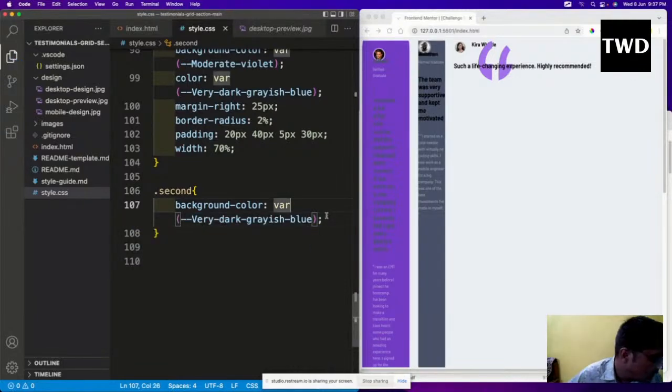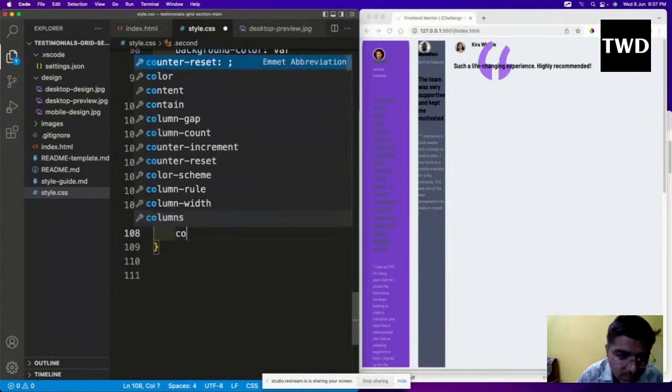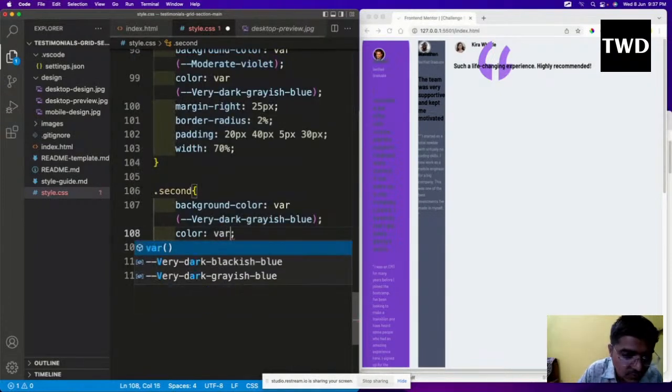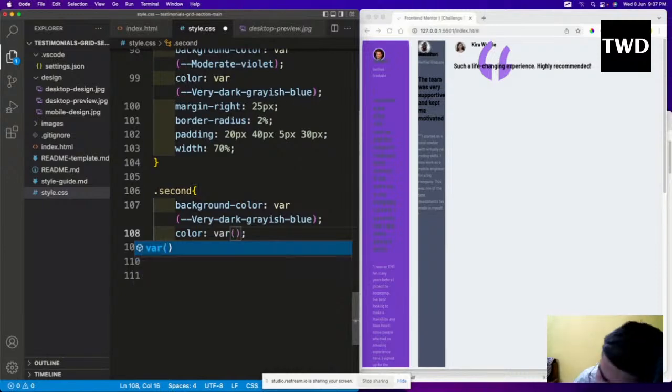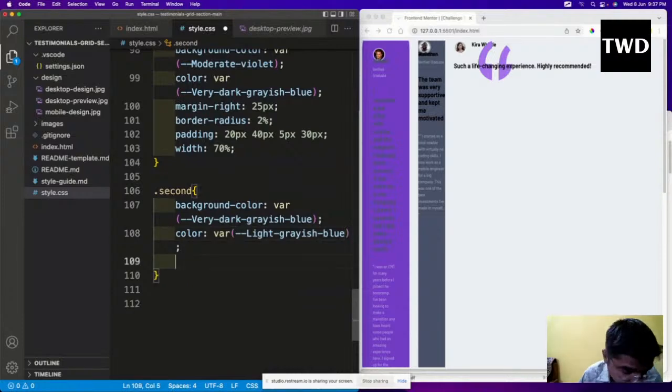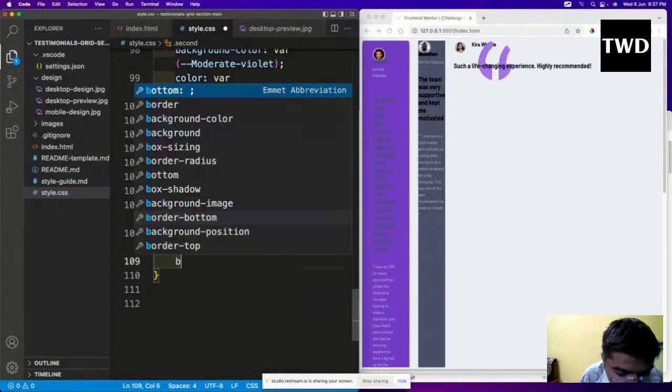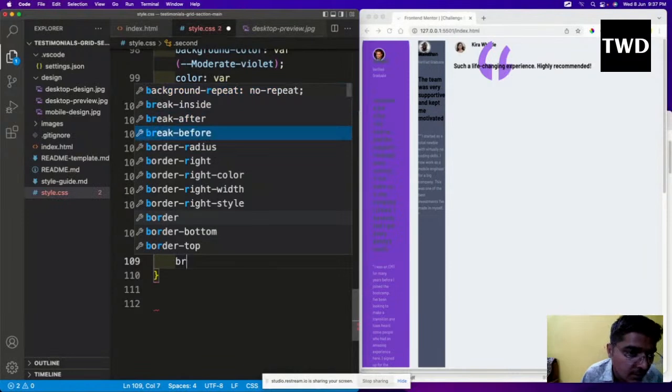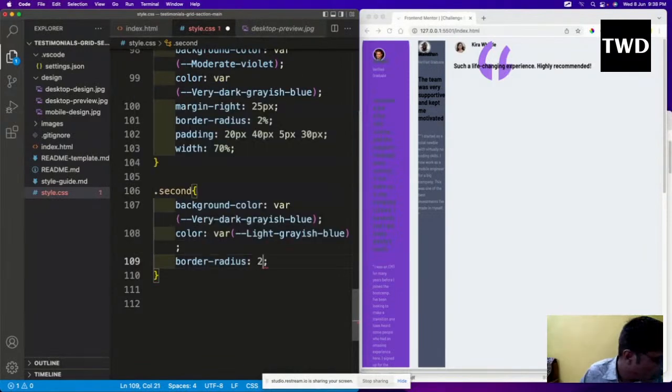Okay, and also the color they have asked to use light grayish blue. Border radius will be 2%,